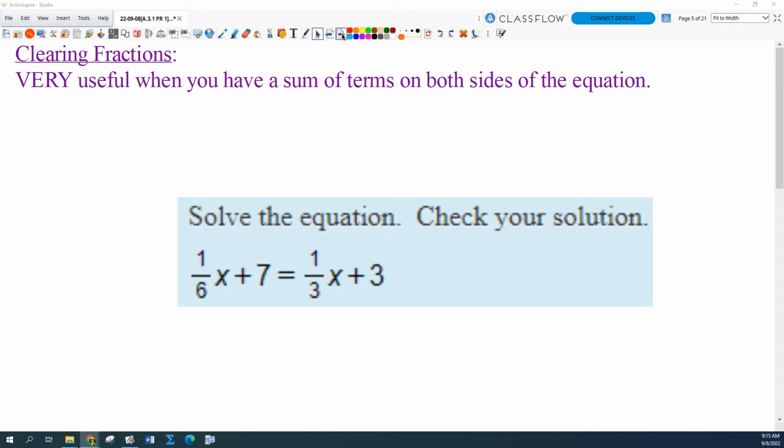Okay, what about this? Here's what's different about this problem, and probably what makes it look a lot uglier than the other problems: fractions, right? Fractions are difficult to deal with. They're cumbersome. So there's a great trick. It's called clearing fractions. It's very useful in the situation where you have a sum of terms on both sides